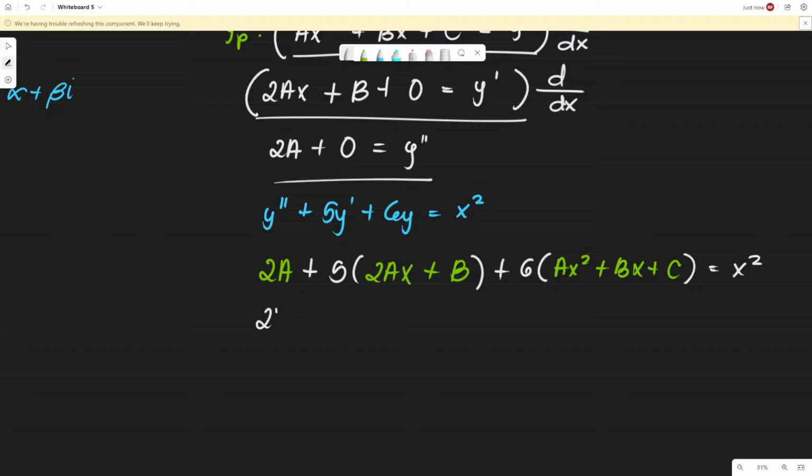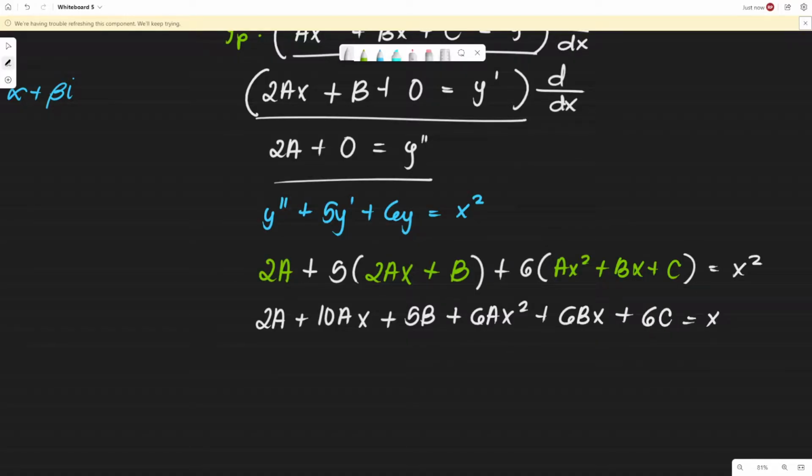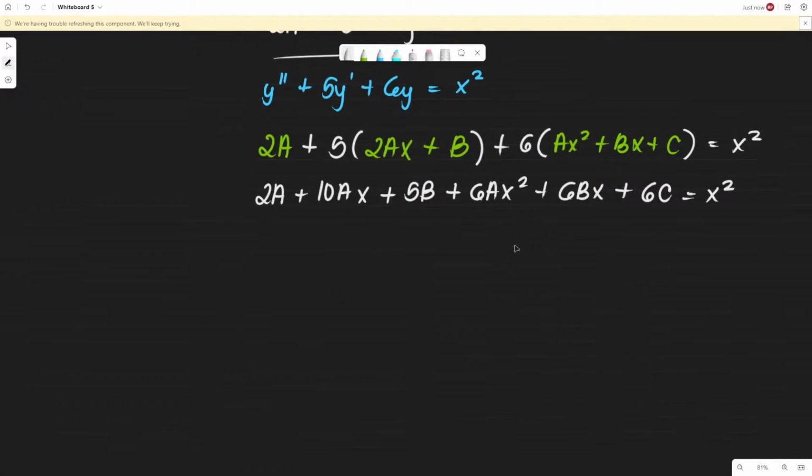So, we have here 2a plus 10ax plus 5b plus 6ax squared plus 6bx plus 6c is equivalent to x squared. Okay? So, distribute ko lang guys, no? So, let's find the values of a, b, and c by using the